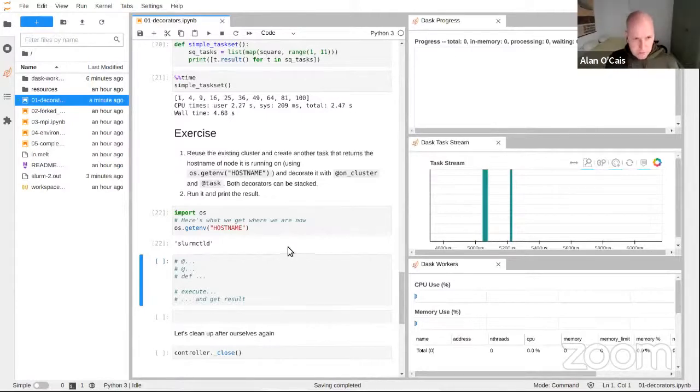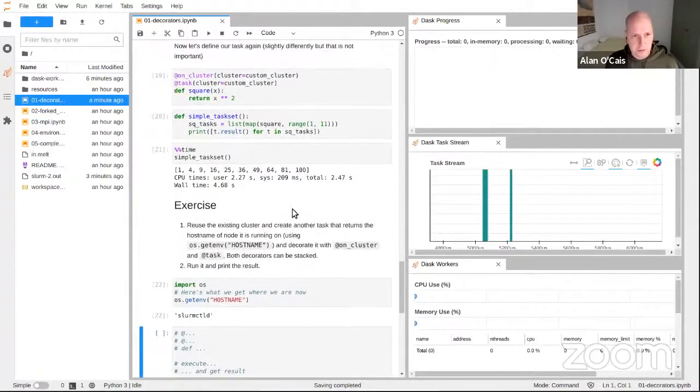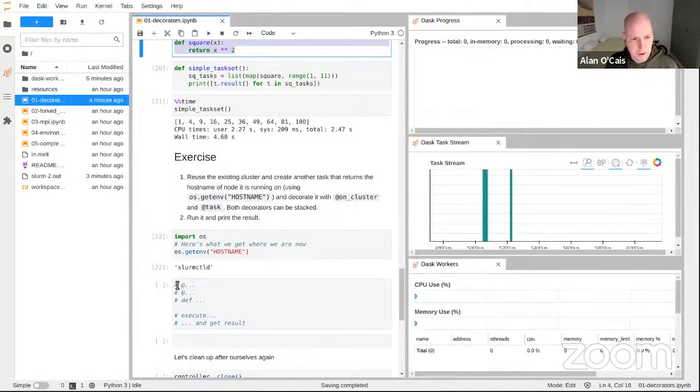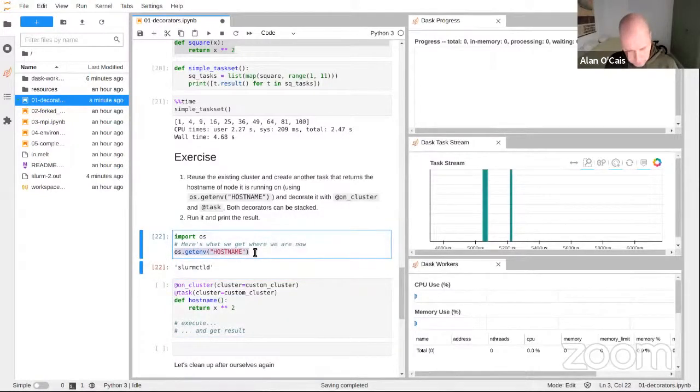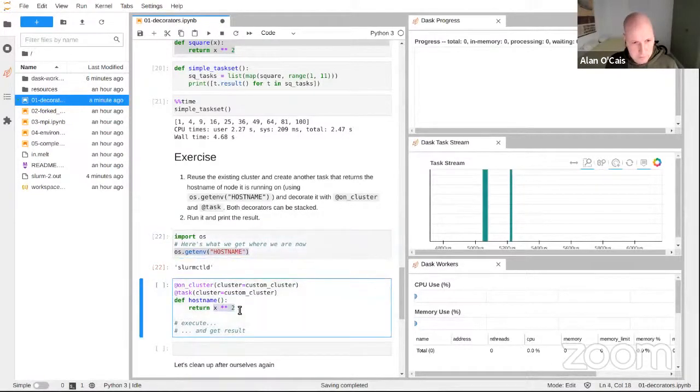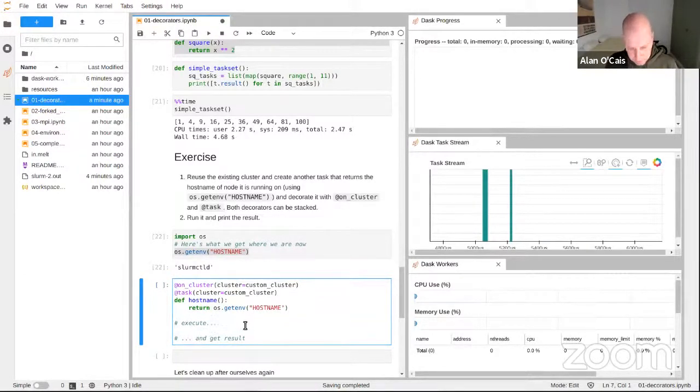So while everyone is doing that, I can perhaps do the same thing. Let's do the easy thing. Let's copy and paste what's come before and replace that. So let's define a new function. And we'll change the name, obviously. So hostname, and it actually doesn't need an argument because we're just going to call something. So let's take that and just say to return this value, and then to execute it, we can just do